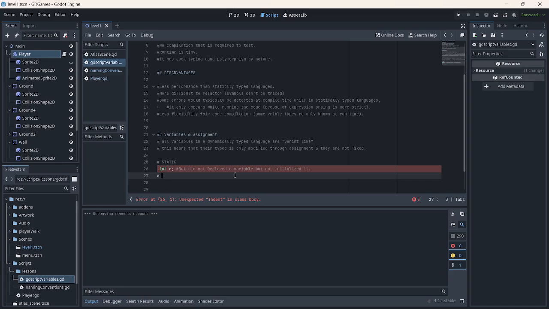If we have this declaration of A and we give it a value of 5, we can see that we now have this. Here we are assigning. This is not an equal sign.